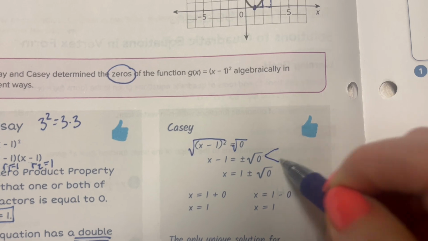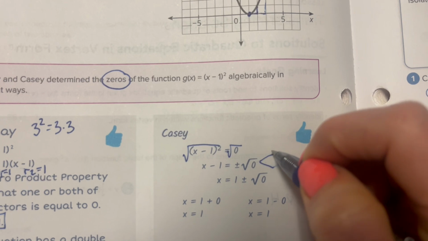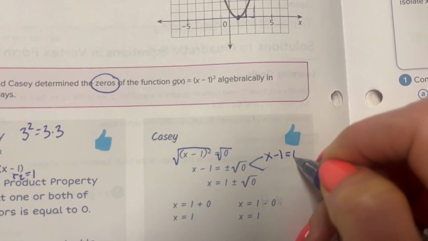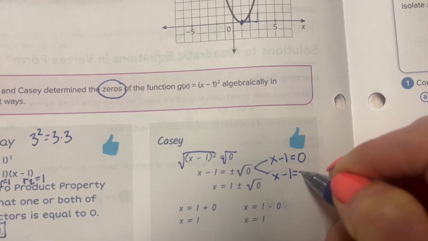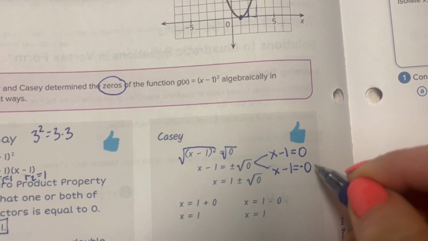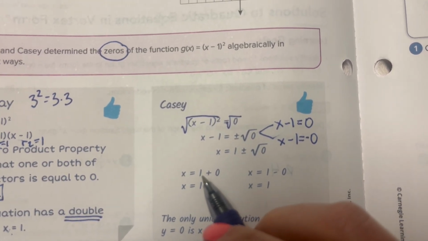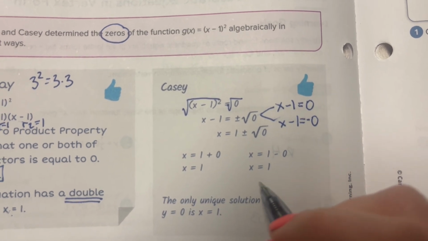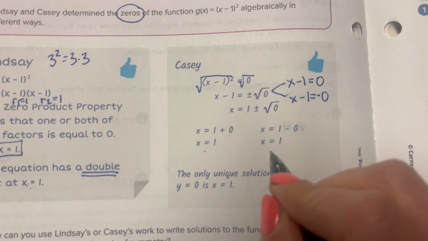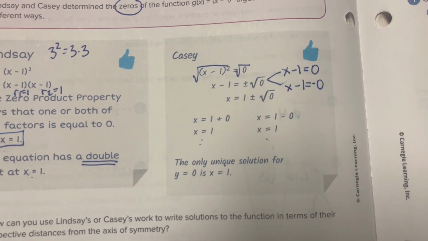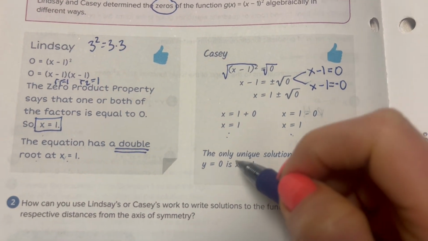So when you maybe were doing this on your paper in the first place, we had x minus 1 could equal positive 0, or x minus 1 could equal negative 0. Well, negative 0 is just 0, so really we have the same thing. If we isolate x, we get 0 plus 1. Isolate x again, we get 0 plus 1. It's just 1. Add 1 to both sides, add 1 to both sides, you just get 1 twice. And this solution is a double root. It says the only unique solution is x equals 1, and it occurs twice, so that is our single solution